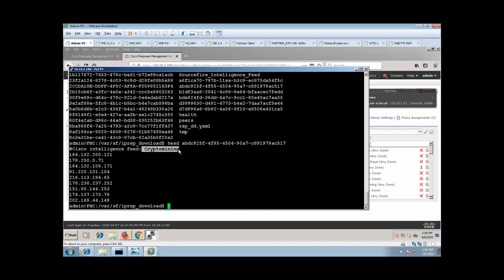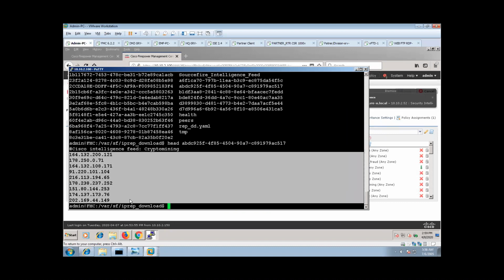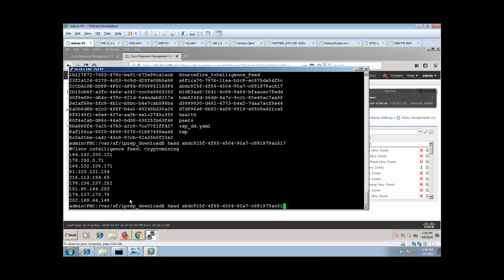So this is a category called crypto mining, and it shows me all the IP addresses which are part of this category. Same way, if I want to check